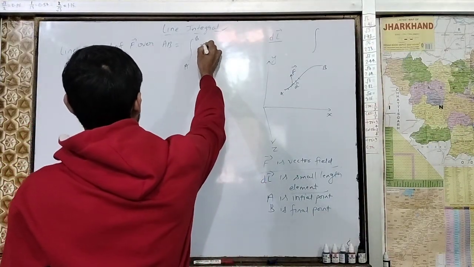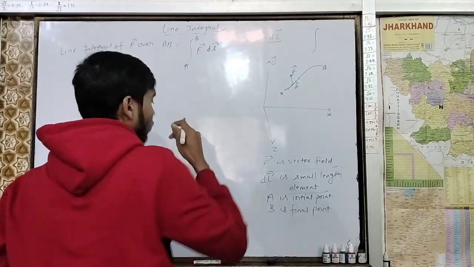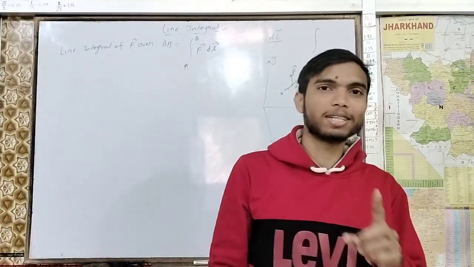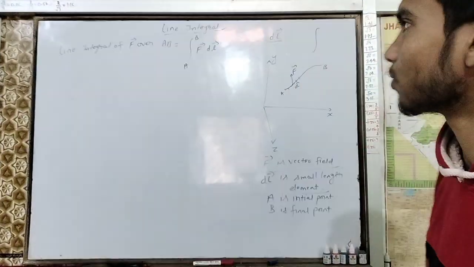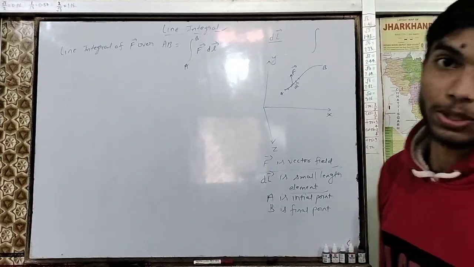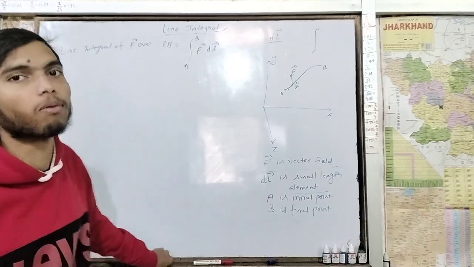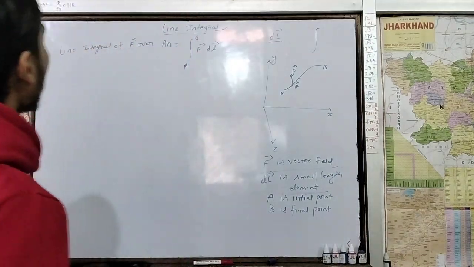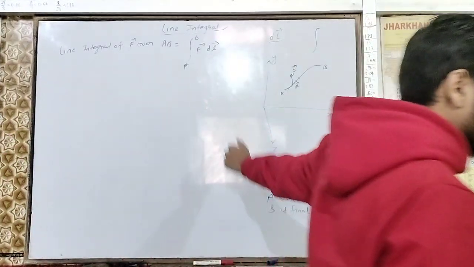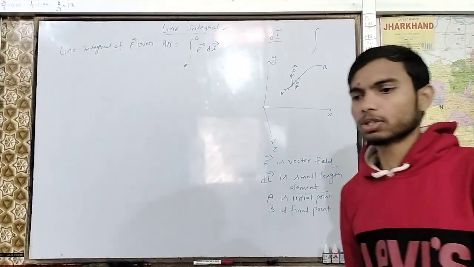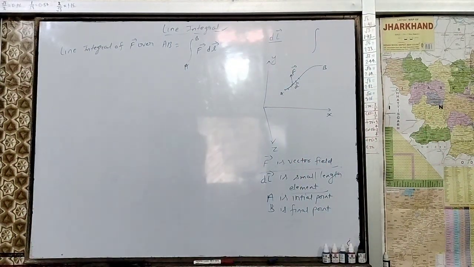So this is the small f and dl. This is also the formula of work done by a force, F dot ds. Right now, don't focus on work done. So finally, we got this, which is integration from A to B, from initial to final, of vector field dot